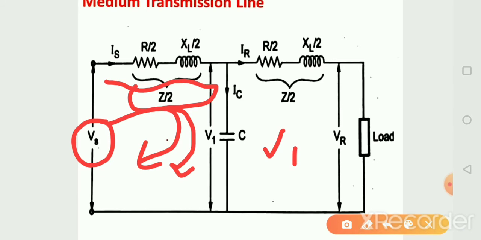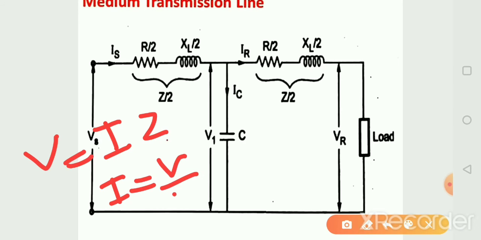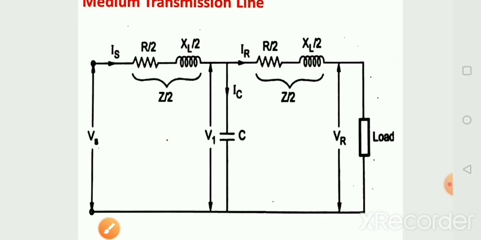Okay, we know that V is equal to I into Z, and if we find the value of I, it is V over Z, and we can write it V into Y. So here Y is equal to 1 over Z, and we can say Y is the admittance. Okay, now the equation for the first loop is Vs equal to V1 plus Is Z by 2,